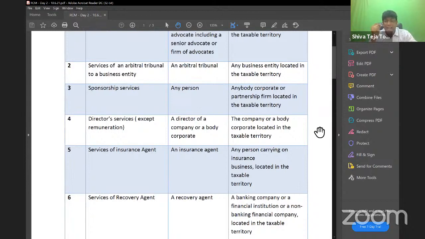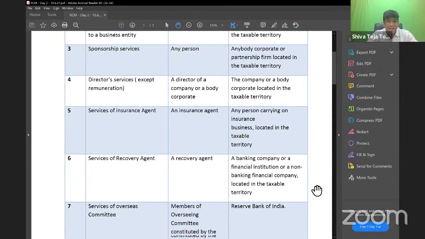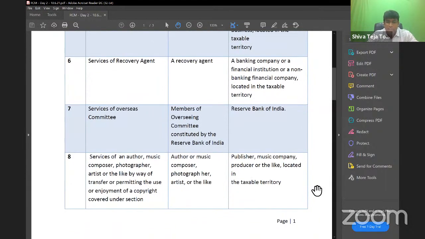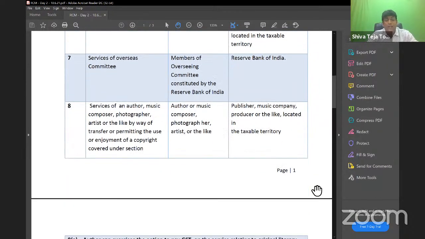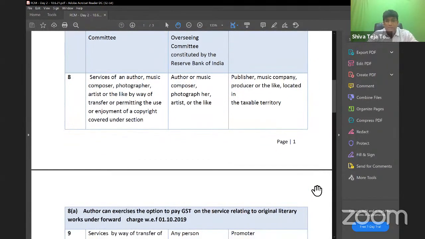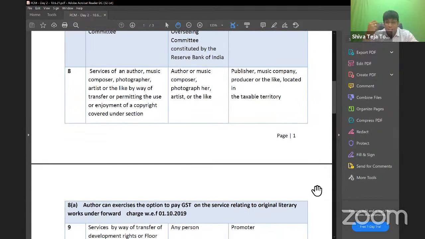That is why practically no salaried employee pays GST. Next point, insurance agent to an insurance company, recovery agent to bank, then service of overseeing members of overseeing committee of RBI to RBI. Next point is about author, book publisher I'm talking about, then music composer to music company,